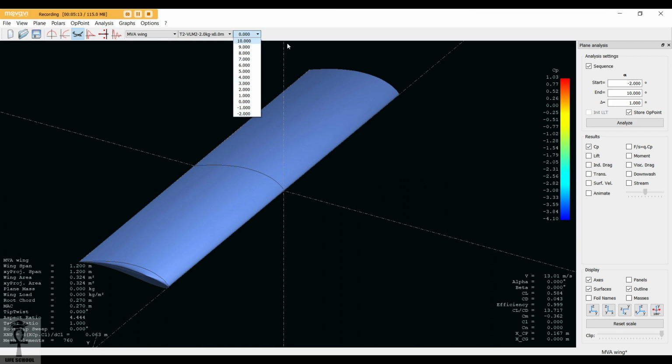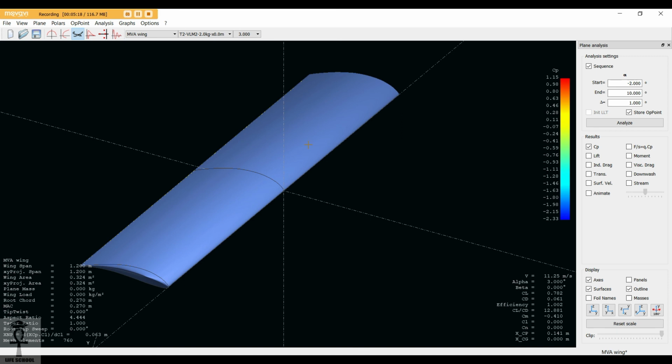Again, when we are taking off, we need a velocity of around 11 meters per second. So we can see that at 3 degree angle of attack, our plane's lift will be 2 kg and the speed required will be 11.25 meters per second. So again at takeoff velocity 11.25, we need to have a speed slightly greater than this at 3 degree angle of attack and our plane could take off. So that's how we can say that our designed wing is optimal for the flight and we can use this wing for the particular flight that we are using.